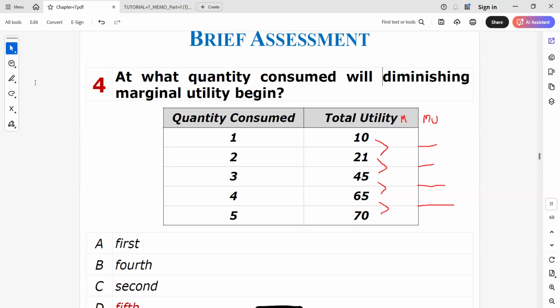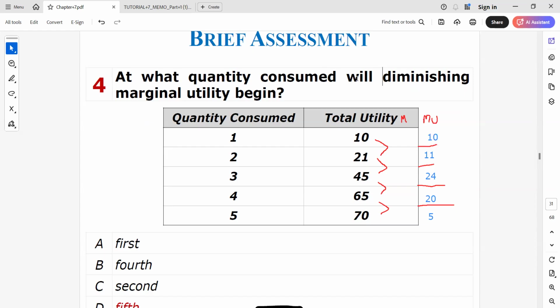Remember, guys, I said I prefer to start from the bottom, but you can start from the top. It's okay. So 70 minus 65, you get 5. Then 65 minus 45, you get 20. Then 45 minus 21, get 24. Then 21 minus 10, get 11. I hope I'm correct. Then you get 10. Yeah. So the question is,